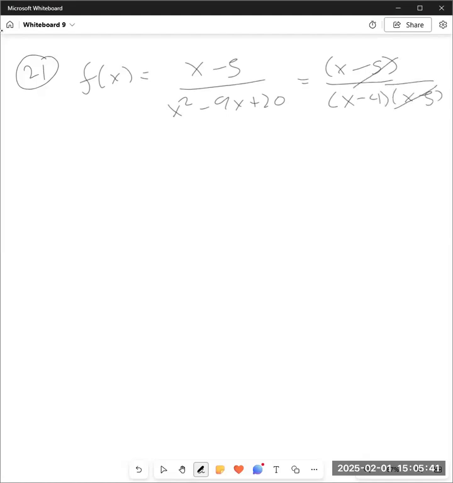Those x minus 5s will cancel and reduce down to 1 over x minus 4 as long as x is not equal to 5, because 0 over 0 does not become 1. So I have to keep this restriction here. The f of x is the same as 1 over x minus 4 as long as x is not equal to 5. So it's discontinuous